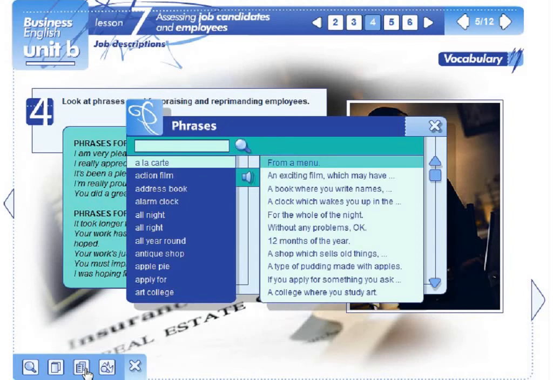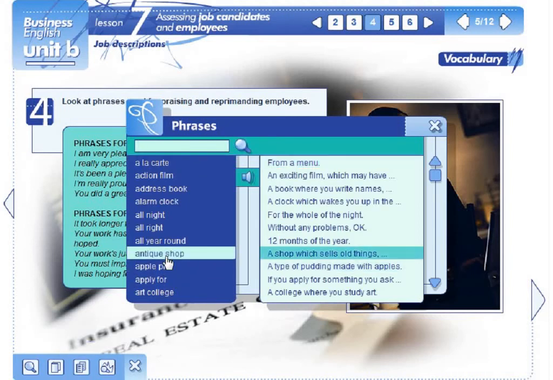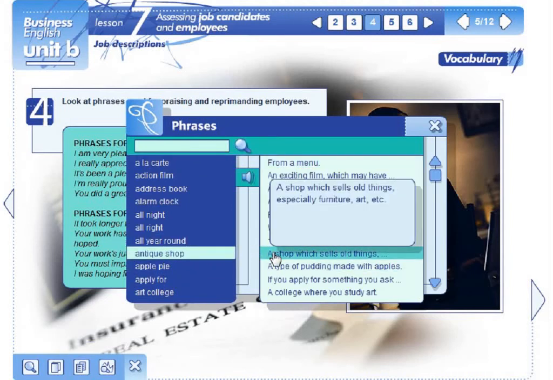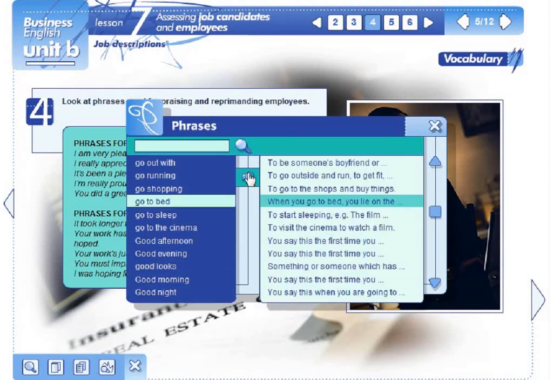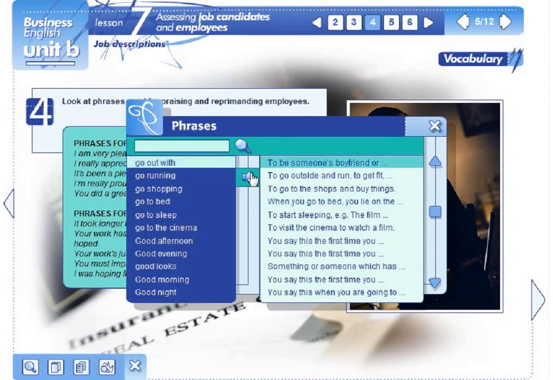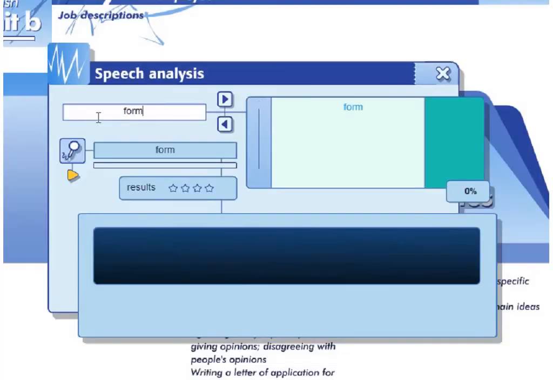One of the outstanding tools students may use is Phrases. Phrases is a tool containing a collection of commonly used expressions in English. All expressions are provided with recordings. Also, students can use one of the tools, speech analysis, that allows to practice